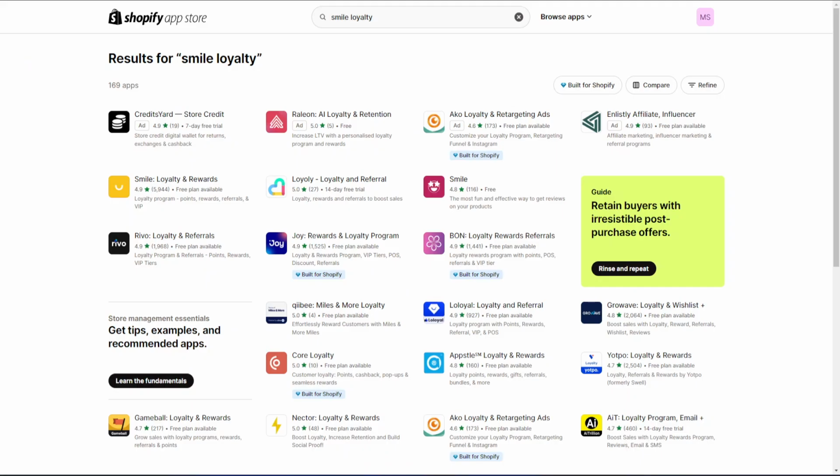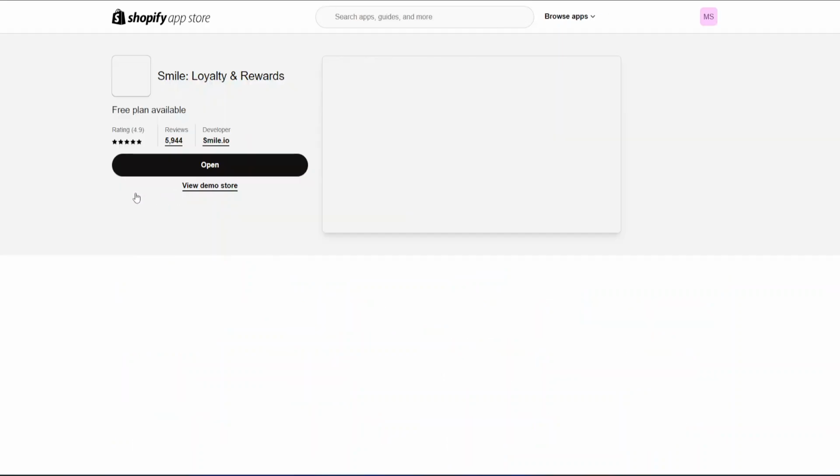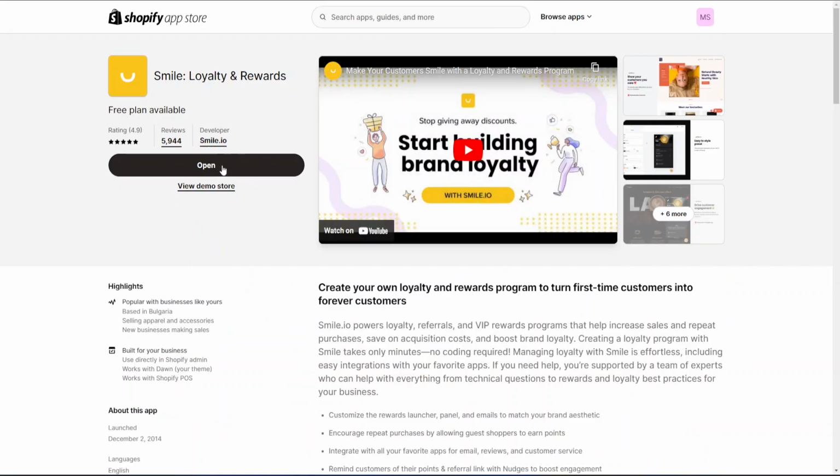App Store. And once we're in that, we can type in Smile Loyalty, and you should be looking for this app right here because it has a very good rating, and I recommend using that one. Just click on that, and for me it says open because I have it already installed, but for you it